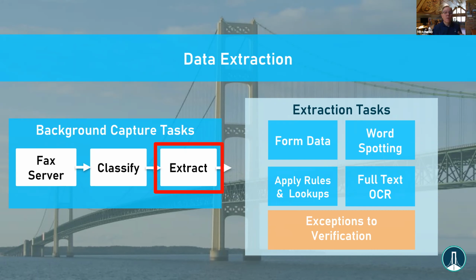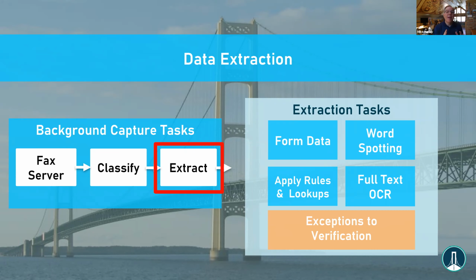There's data on forms. As you can see here, there's some data on the forms that we want to reach. We want to apply business rules and table lookups to make sure we got the right member and NPI and addresses and so forth. But we're also going to do something which might be a new phrase for you, word spotting. We're going to go through that document and look for particular words. So again, we can enable a workflow or enable the clinical review downstream.